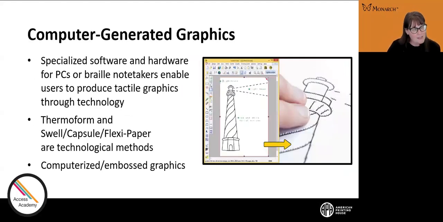So we're going to delve into computer-generated graphics. And when you're doing computer-generated graphics, you typically use some type of software program in combination with a hardware, like an embosser, a PIAF machine, a machine of some sort to create tactile graphics using technology. Thermoform, swell capsule paper methods can be considered computer-generated graphics because like Leslie already explained, when you